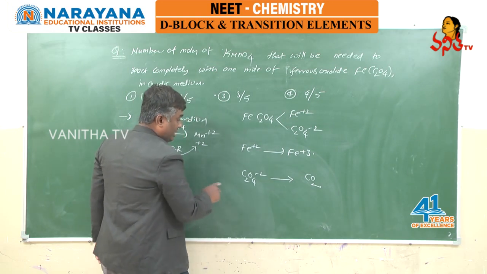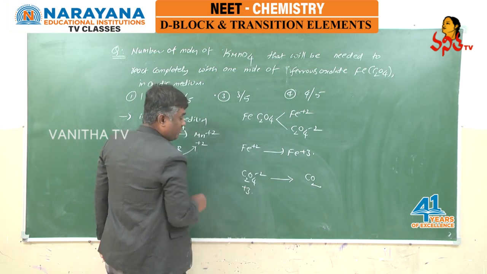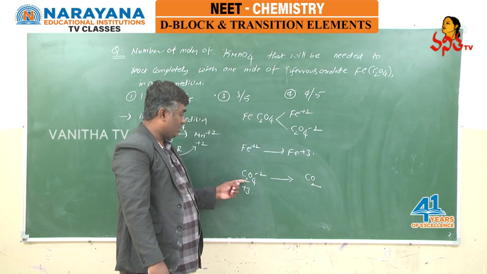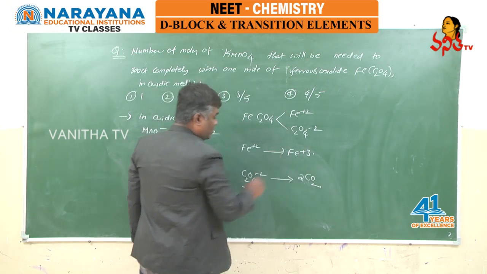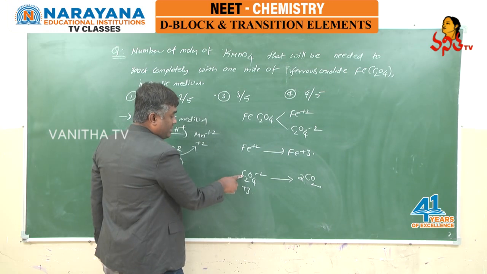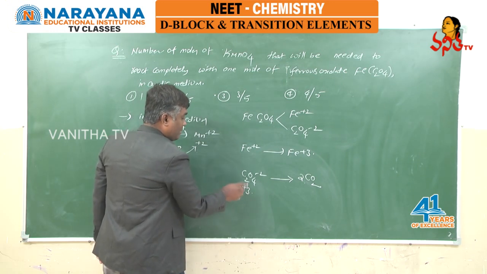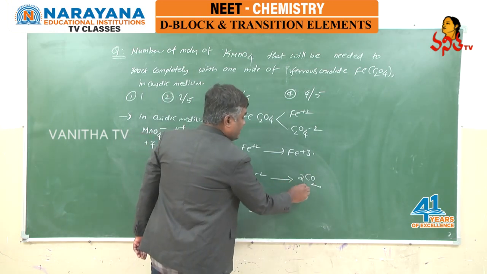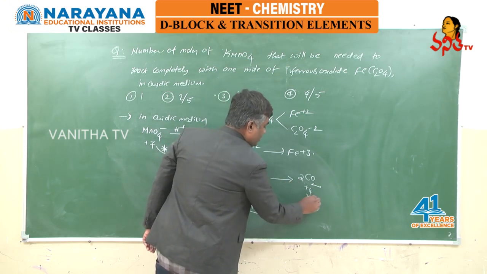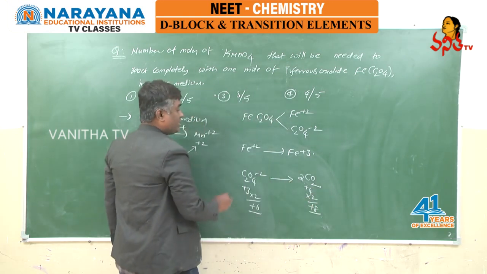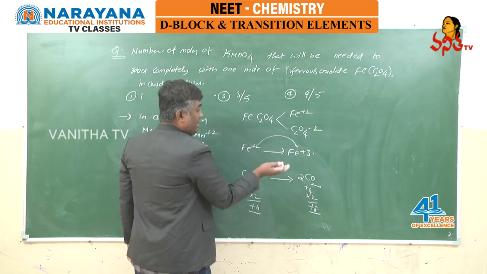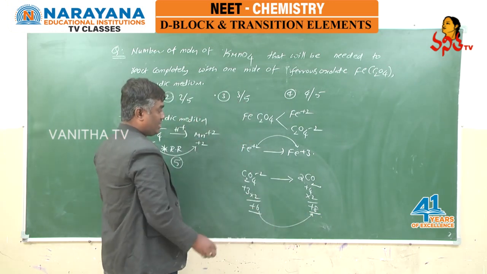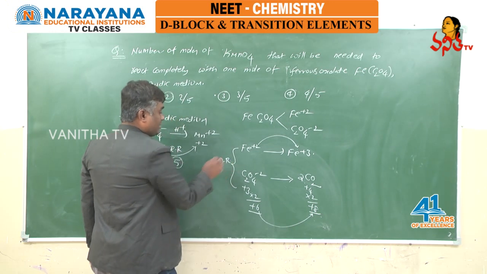Here, each carbon in oxalate is exhibiting plus 3. First of all, we have to balance the number of carbons. In 1 mole of oxalate ion we have 2 carbons, so here also we make it 2. In oxalate ion each carbon is in plus 3 oxidation state, and with 2 carbons, that is plus 6. In carbon dioxide, carbon is exhibiting plus 4, and with 2 carbons, that is plus 8. See students, plus 2 is becoming plus 3, an increase in oxidation number, and plus 6 is becoming plus 8, also an increase. So these two reactions are oxidation reactions.